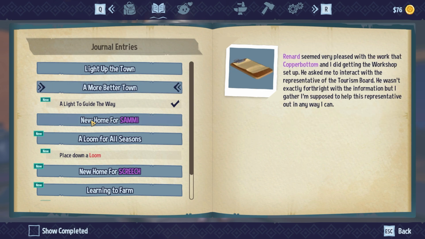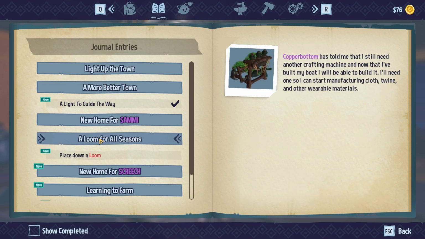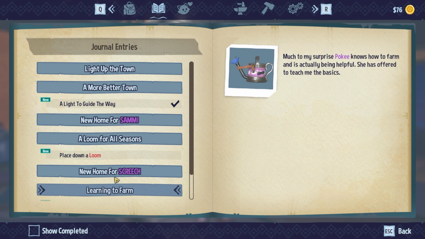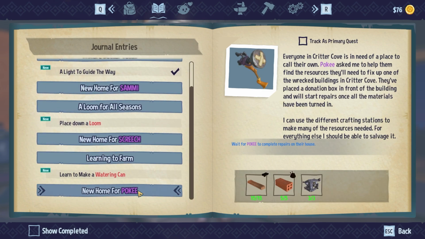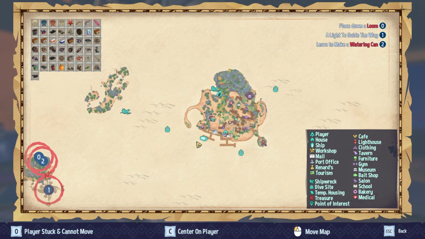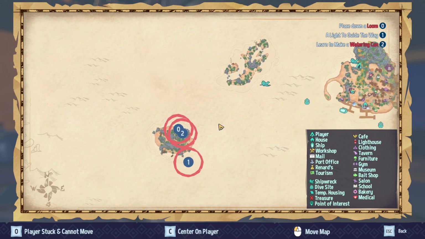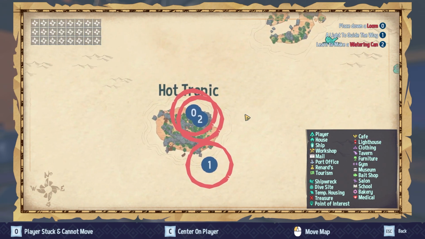And we got a home for Sammy. We got a home for Pokey. We need to go next time round. Hold on. We need to go to... Are we gonna see the name for this, or is it just a Hot Tropic? There we are. We need to go to Hot Tropic because it's the way to get the loom for us